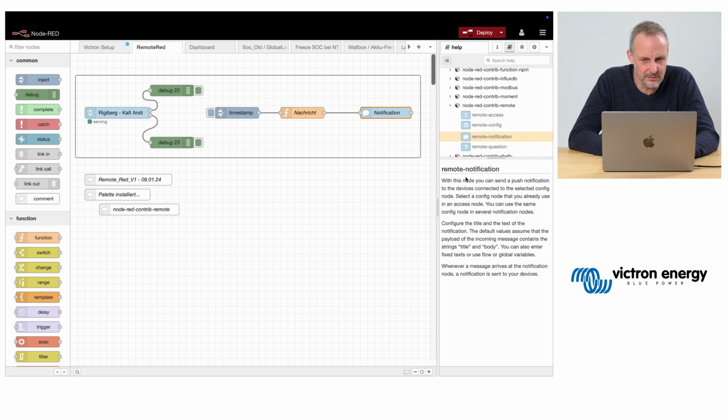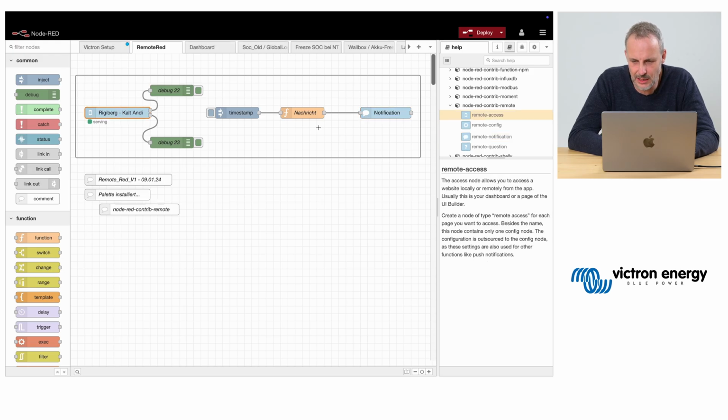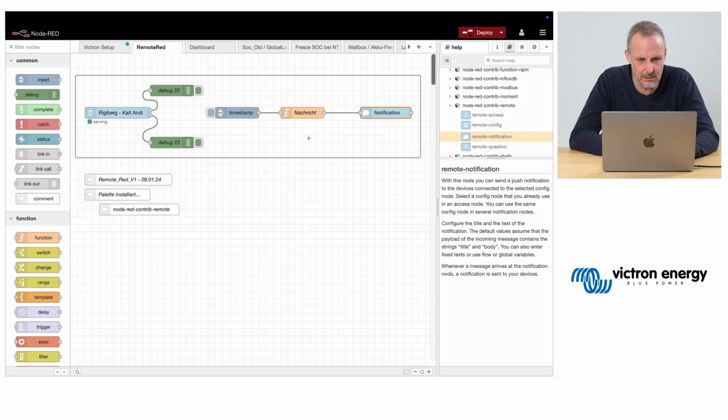If you click on the node, you can always check the documentation button to see how to use this node. You can do it for, oh, well, this one has only limited documentation.